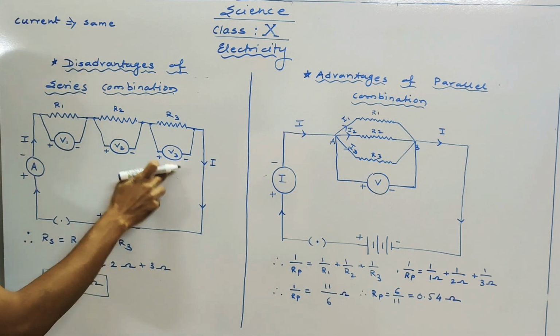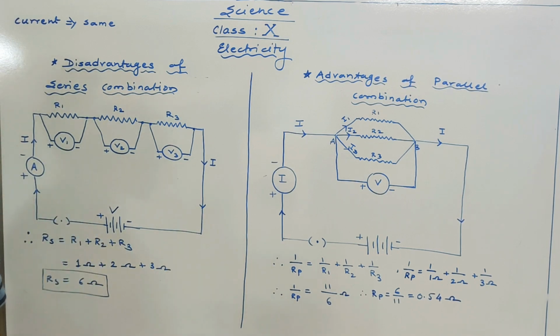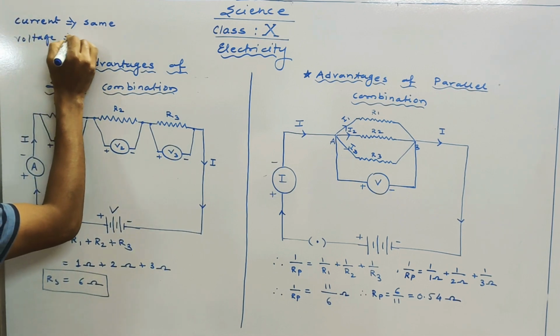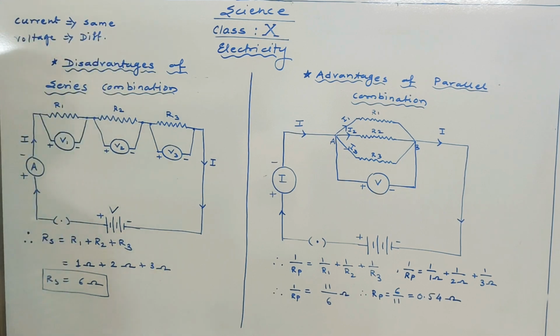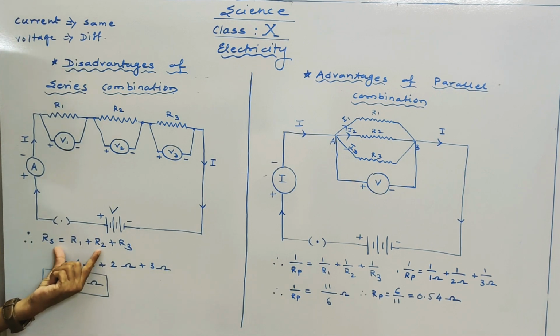Yes or no? And then we calculate this and we get the formula for the equivalent resistance in the series combination, that is Rs equals R1 plus R2 plus R3. Equivalent resistance in the series combination is equal to the sum of all the resistances connected in series. So in series combination, current is the same flowing through all the resistances, but the voltage across all the resistances is different. It is about series combination and this is the formula for equivalent resistance in series combination. It is there in our previous videos.